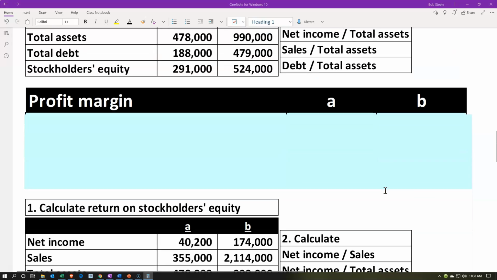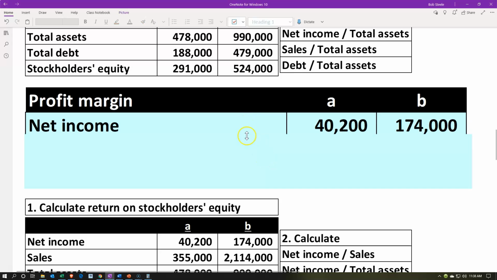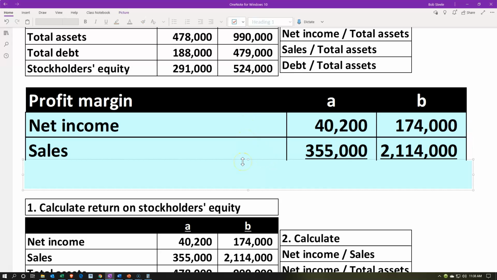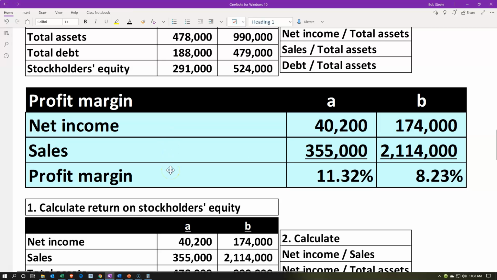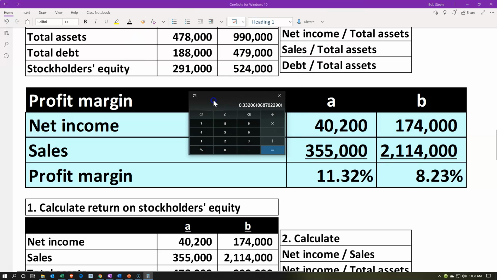Let's go on down to the profit margin. The profit margin calculation is the net income divided by sales. Both of these items are income statement items, performance items: net income, the bottom line of the income statement, and sales, the top line. Once again, let's do the calculation. We'll take the 40,200 divided by the 355,000. If we move it two places over, that's 11.32 compared to the 174,000 divided by the 2,114,000. Moving that two places over, we get